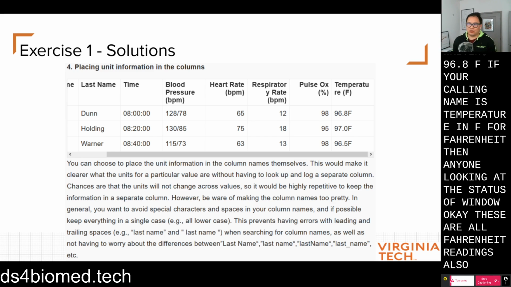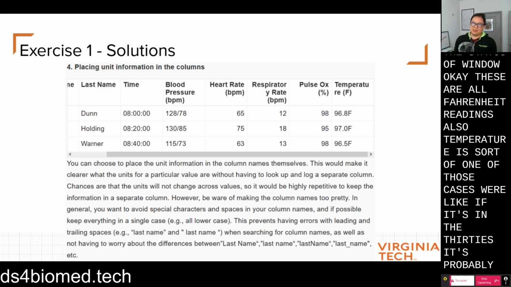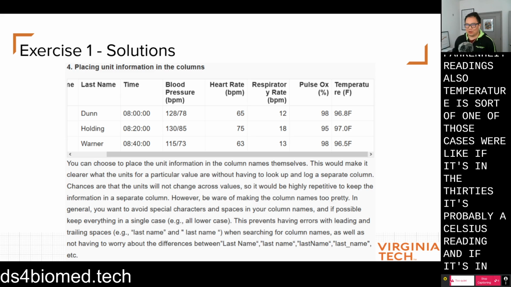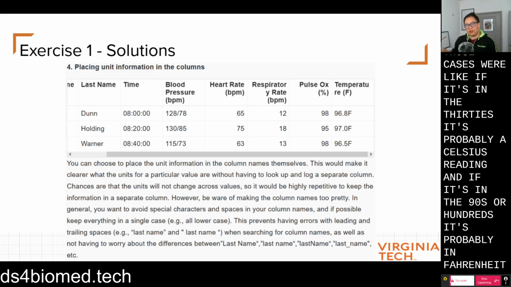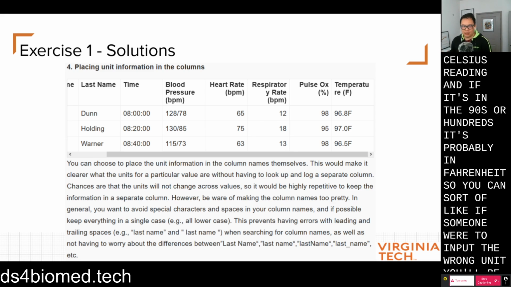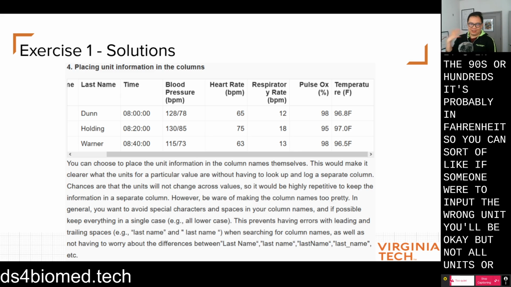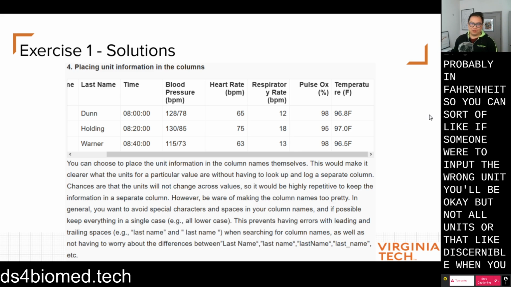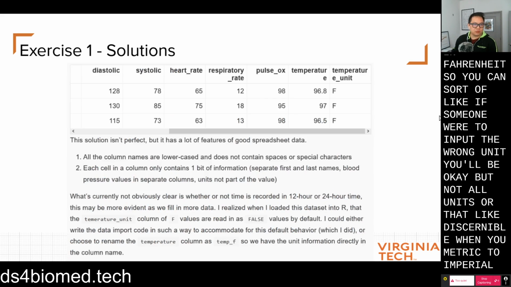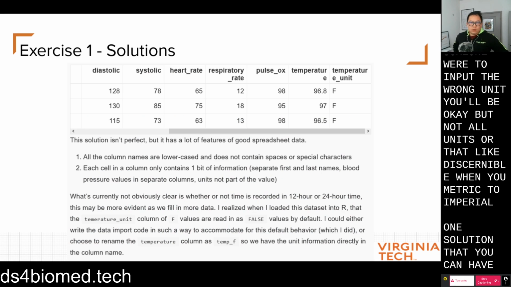Also, temperature is one of those cases where if it's in the 30s, it's probably a Celsius reading, and if it's in the 90s or 100s, it's probably Fahrenheit. So if someone were to input the wrong unit, you'll be okay. But not all units are that discernible when you go from metric to imperial. And so one solution that you can have is